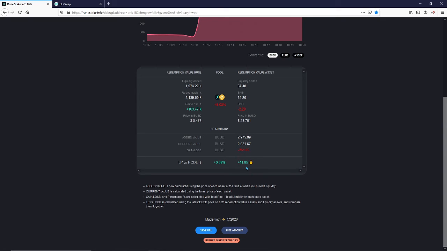And the total value of that in USD, or Binance USD, is $11.85. So I'm actually up $11.85 from if I just held my tokens myself. So even though I've had some impermanent loss and I'm down $251 on that investment, I'm actually up $11.85 from what I would have been if I was just holding on to them in my wallet. So that's good to see. For me, it's encouraging that even though I'm like losing a little bit, I have more than if I was